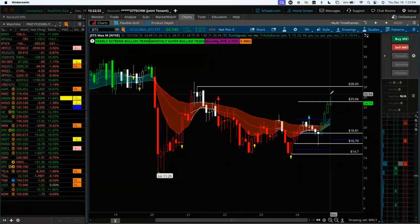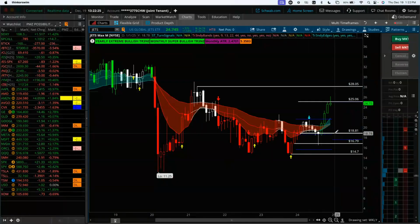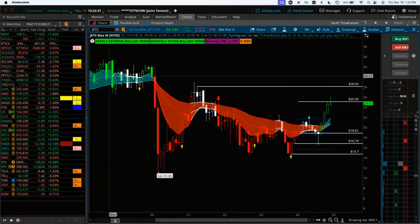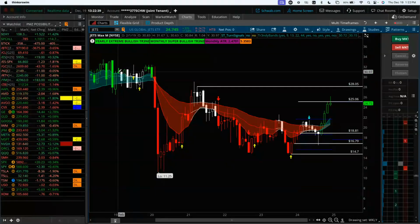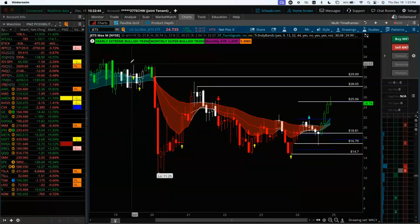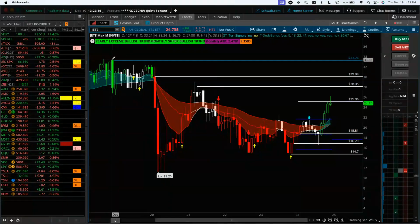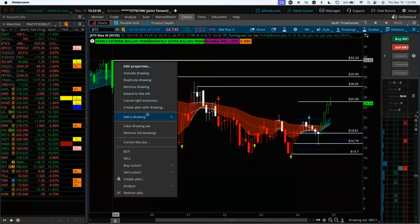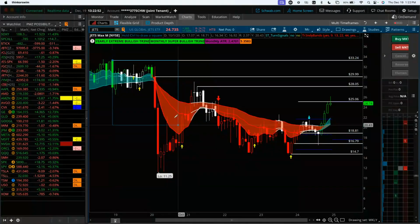So this would be the first target. I would be accumulating options down here in this demand, and then my first target would be this supply. But I have higher supply above here. And in the event we get above that $28, this would be my ultimate target for